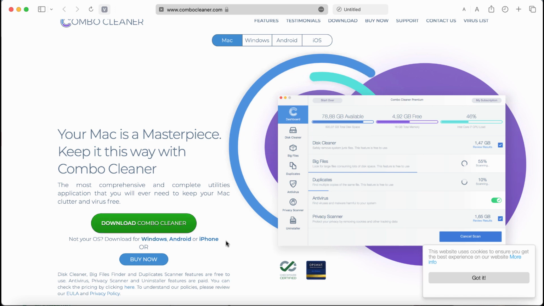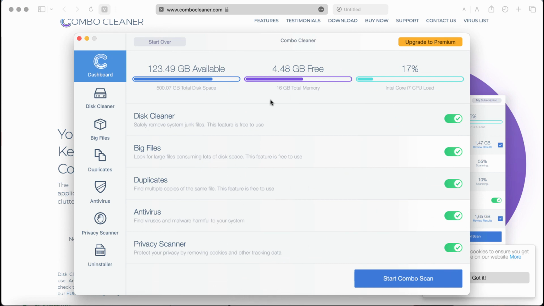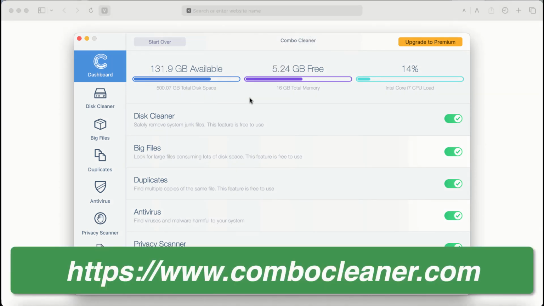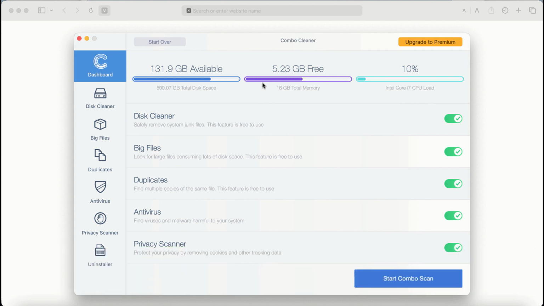The software is also available for other operating systems. Download it, install it, and start researching this system. After you start Combo Cleaner antivirus for the first time, the application will be initially in the trial mode, even